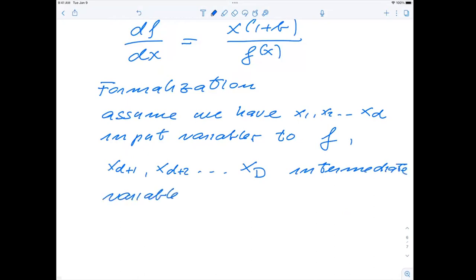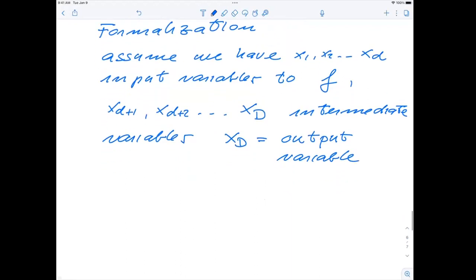So these are the intermediate variables which I defined like a, b, c, d in the previous example. And this x_D is the final output variable. That's the one which we are using to calculate the function f at the end. So in the previous example,